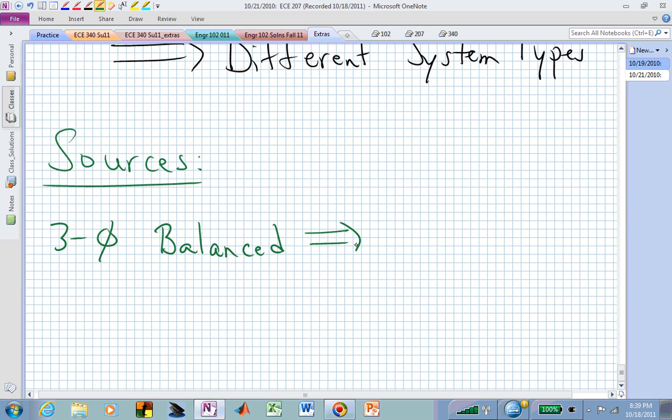What that means is, for a three-phase system, we actually have three source voltages for the three different phases. If we have a voltage source, we have three of those. In order for those to be balanced, the magnitudes of those three sources need to be the same or equal. So we have equal magnitudes,